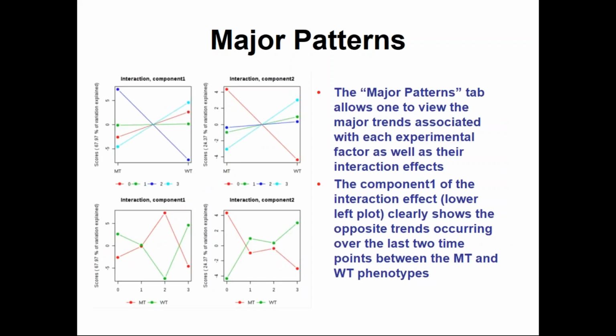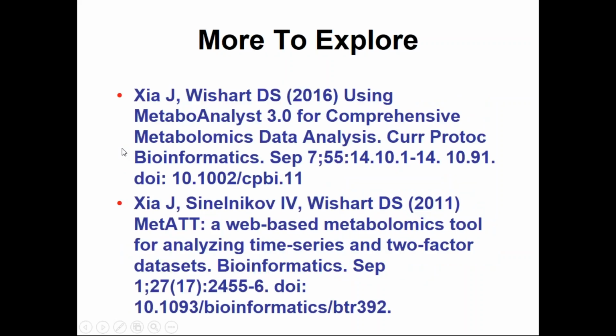But then we can go a little further in looking at specific components. So it may not be an individual metabolite, it might be a combination of metabolites. This is where the PCA component 1, component 2, component 3, and so on. You can see in terms of component 1, we're looking over time at the bottom set, and looking at the interaction between mutant and wild type. So in one case, this component, let's for the sake of argument call it a metabolite, starts high and is low in the wild type. That's the dark blue one.